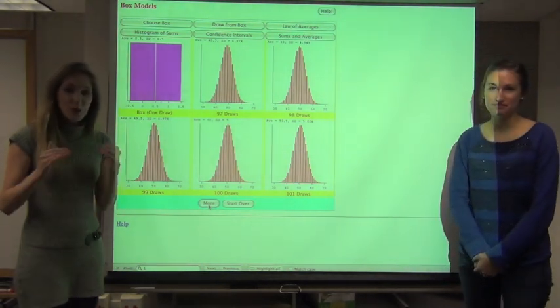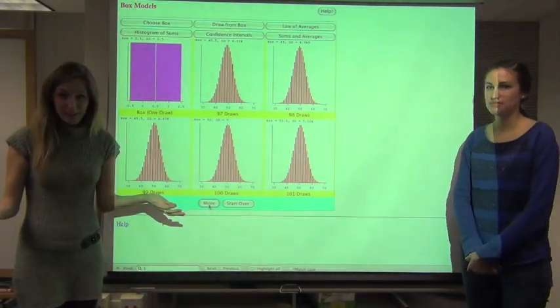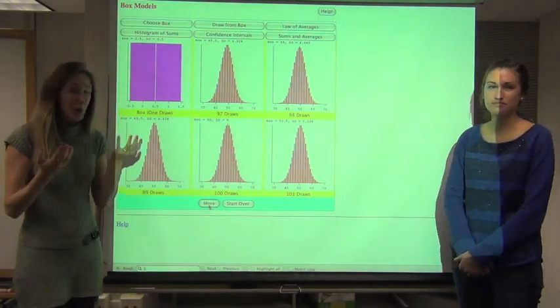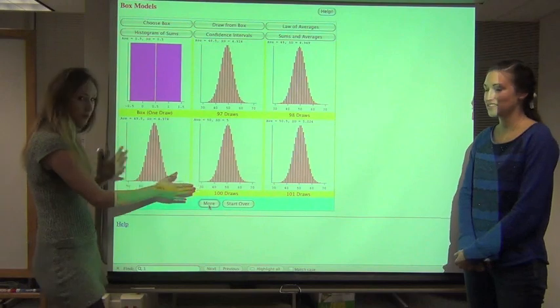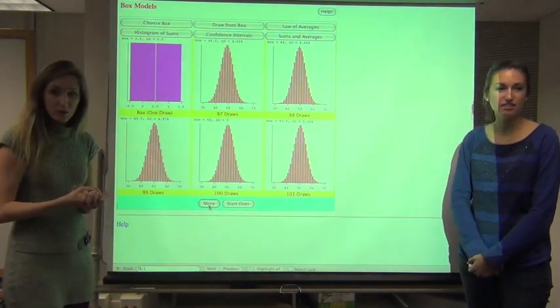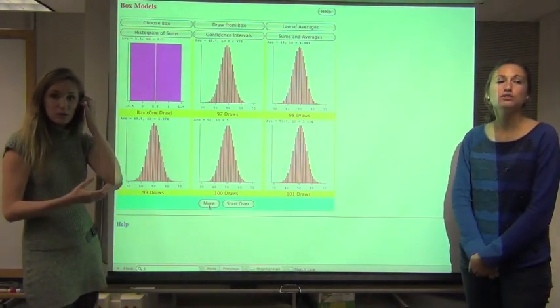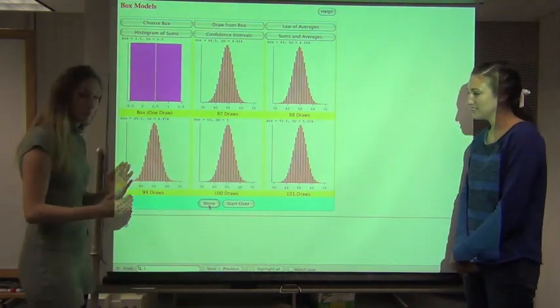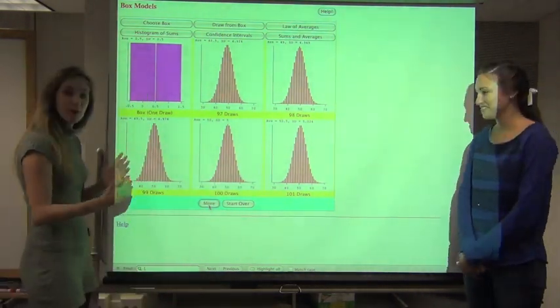That likelihood is so small it's considered negligible, basically. The chance of that occurring is really, really tiny. Oh, so it goes on from 0 to 100. It's just so tiny you can't see it. Exactly. So instead of wasting all that space on these graphs, we just want to really focus on the